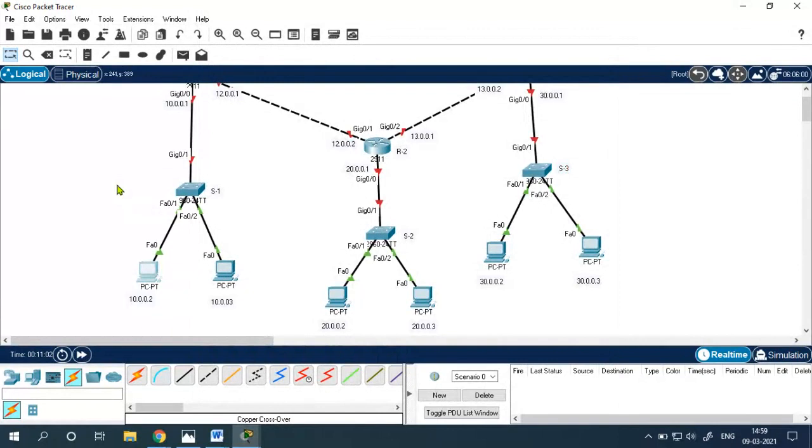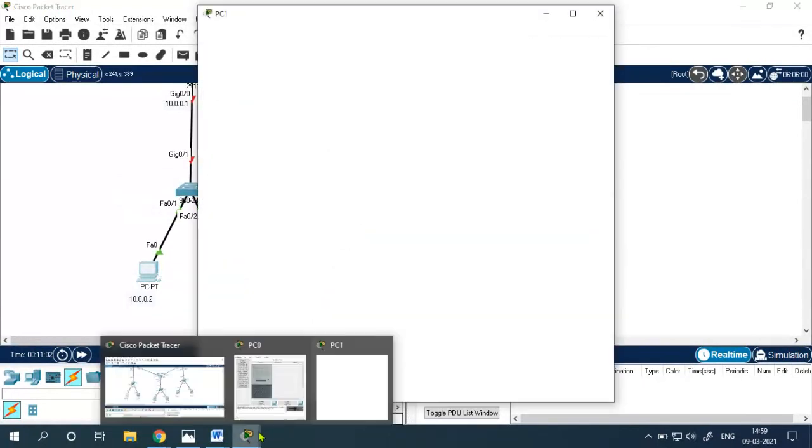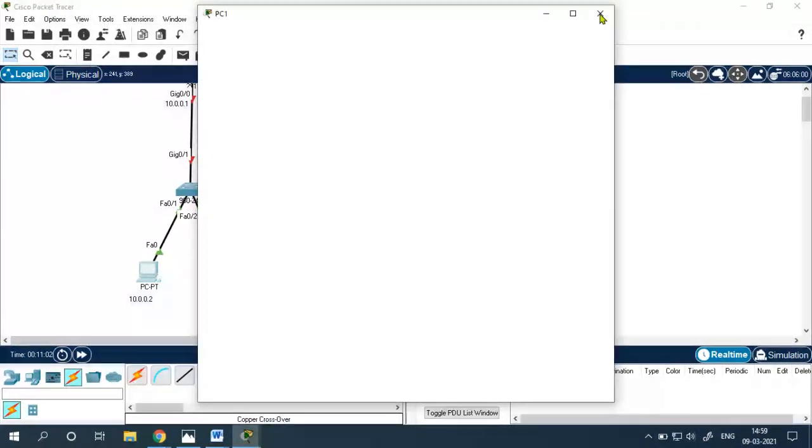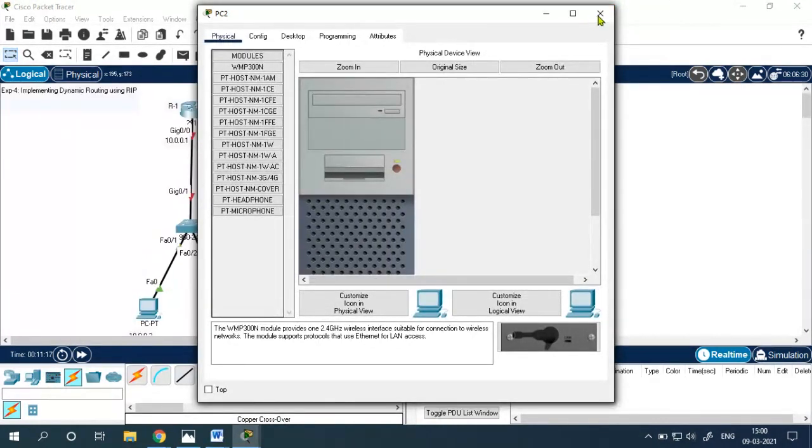Everything is done. Can we start routing now? Yes, class. Can you let me know whether it is done or something remaining? This is the only note.